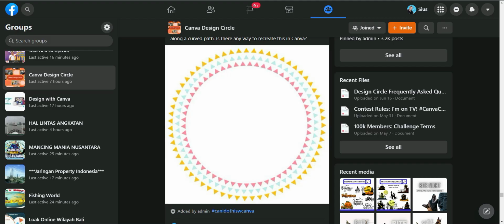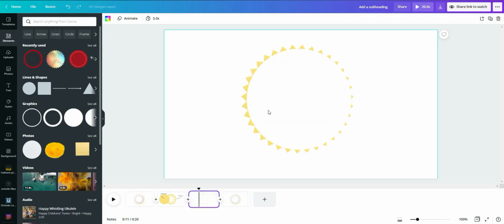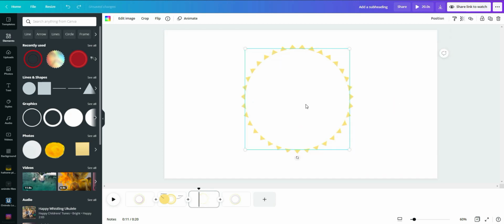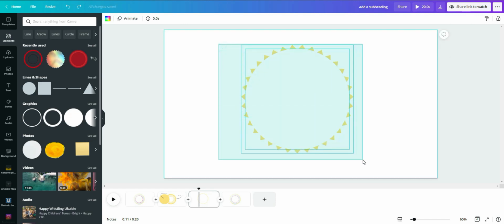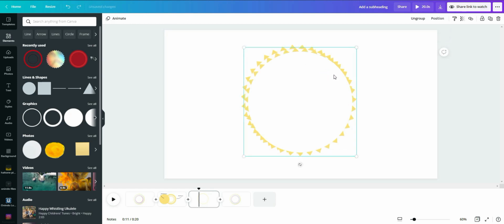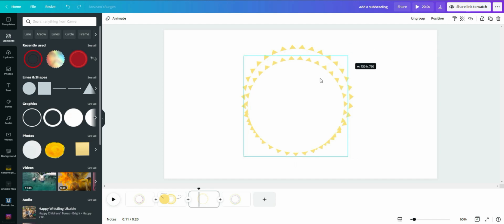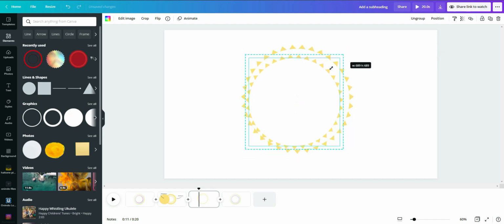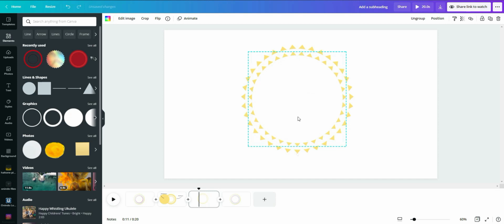All right, okay, wait a second. So I changed the color to white, and after that I grouped it. Then you need to make it the same again. You just copy paste and make it smaller. You can make it smaller still and change the color,